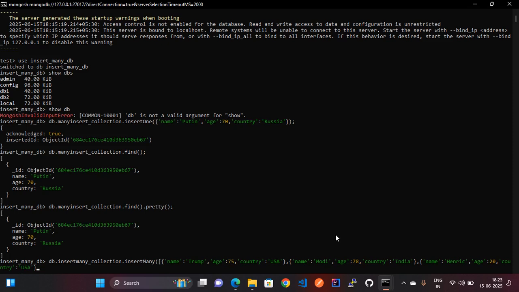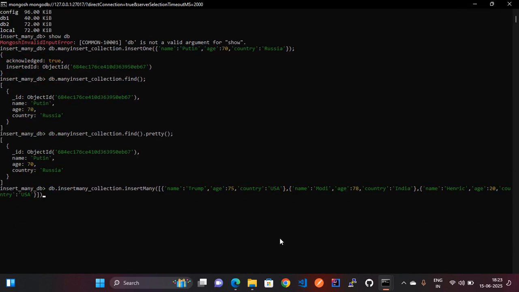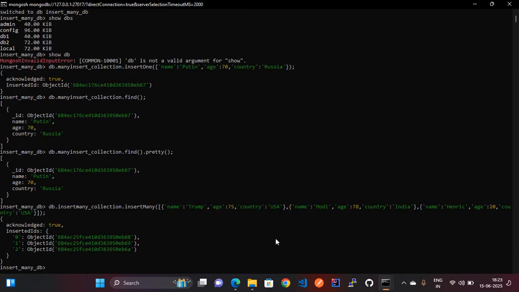Close this one and close the array. After entering it, it will give one acknowledged and three object IDs as a response in the console. So let's enter it. You can see here it is provided one acknowledged and